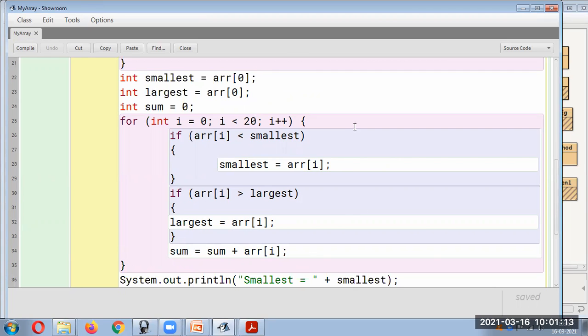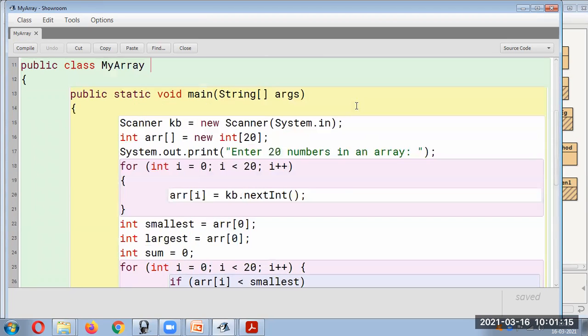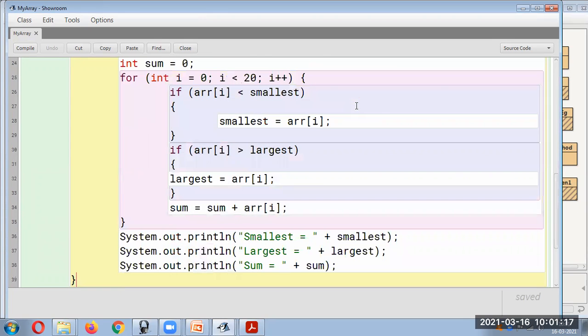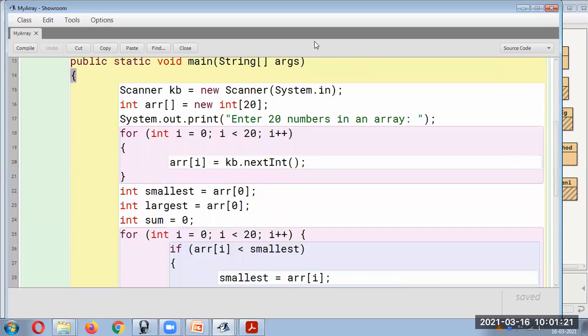Let's take one example. I will take only three numbers, just for simplicity.